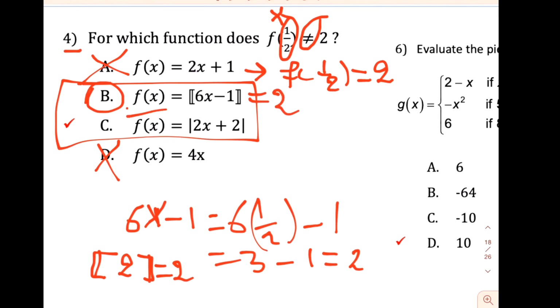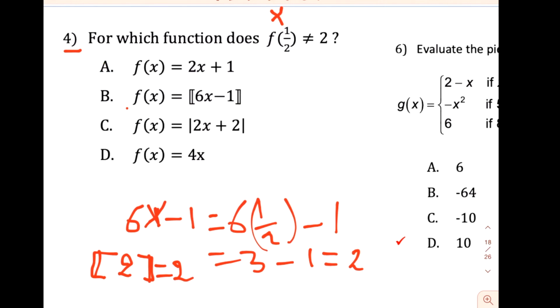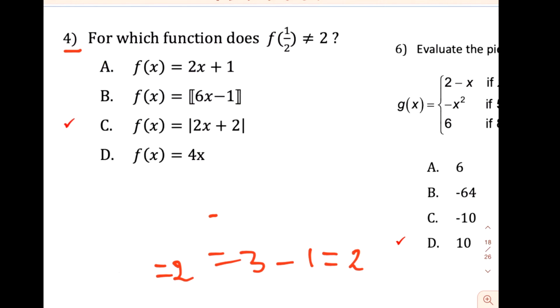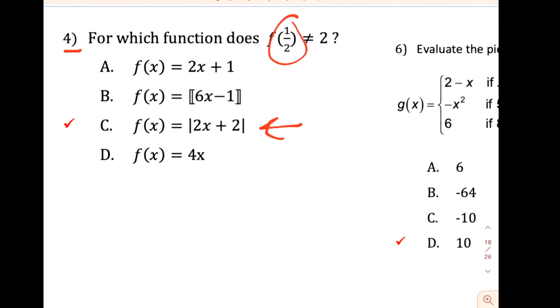So definitely this is the one that doesn't give 2. If you are lucky, you start with this one, okay? If you're lucky, you don't waste time in the exam. This is where we say someone is lucky. You start with this one and you substitute with half. You get 2 times half